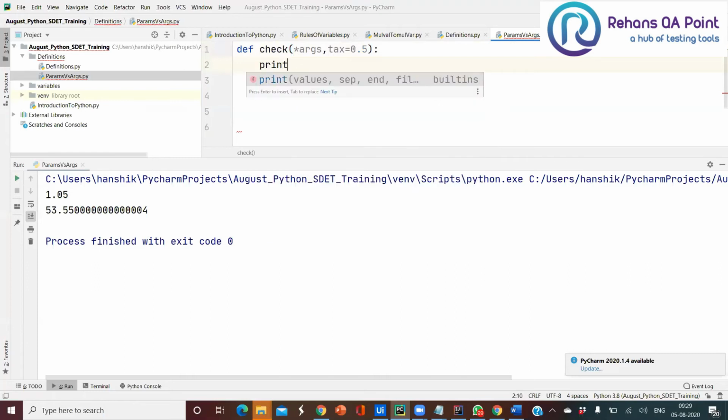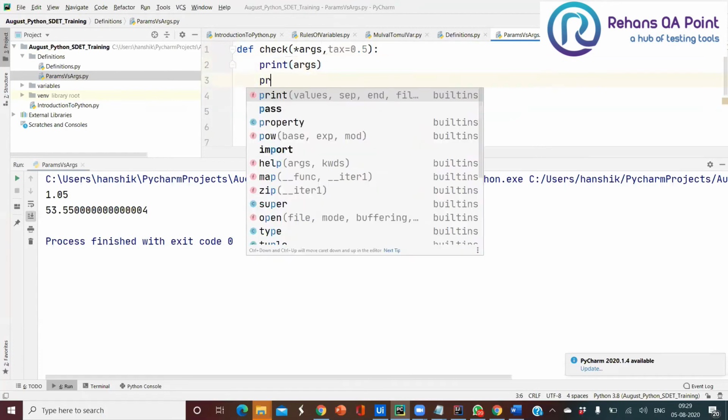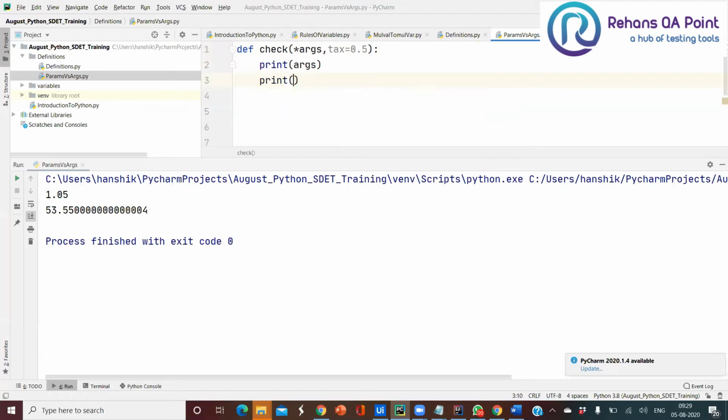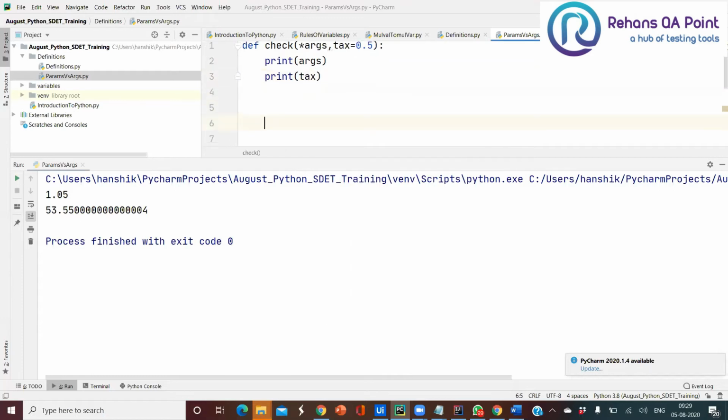Now just use your print of args. Now let me use print of my tax amount also. Let me use my check of 45, 55, 85, 79.